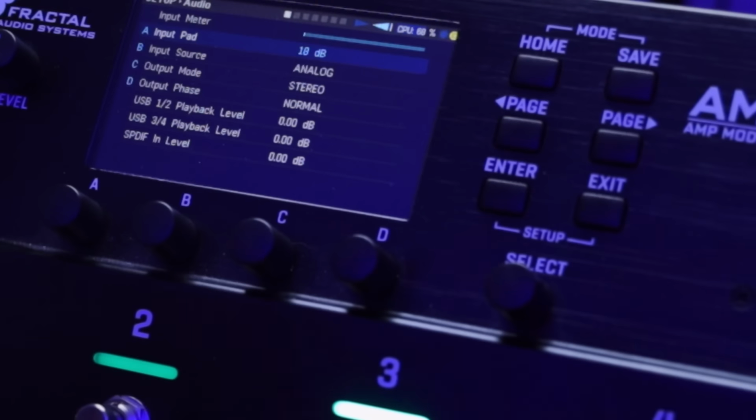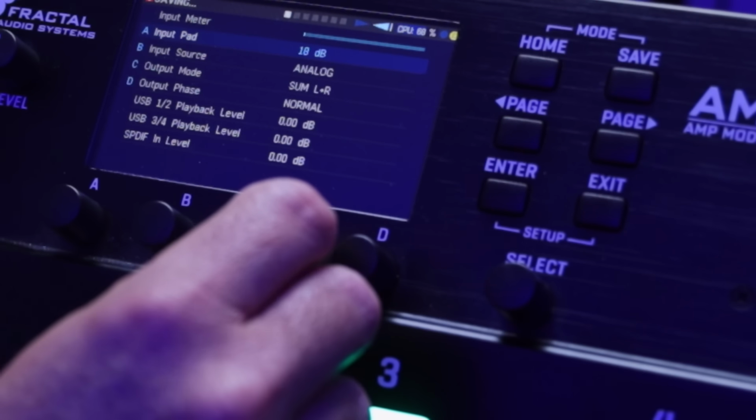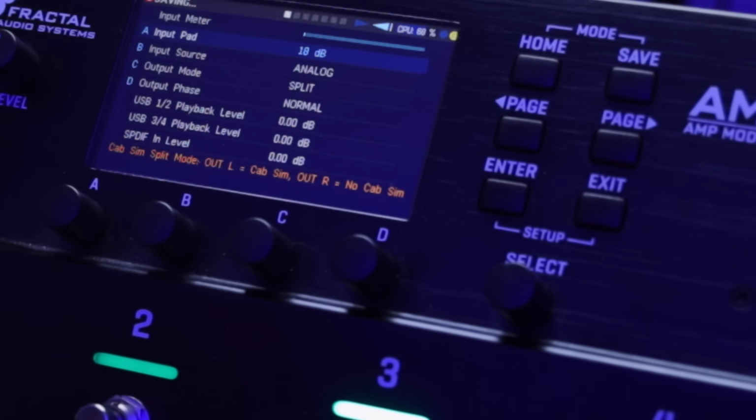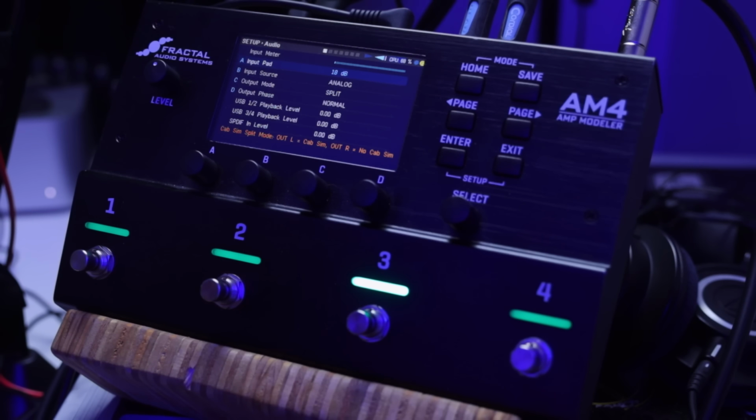We just go to the setup menu over here and we can select between stereo, sum left and right, copy left to right, and the new split mode. So the left output will have the cab sim enabled and the right output will have no cab sim. So you could take that to the effects return of a backline amp or to a dedicated power amp and